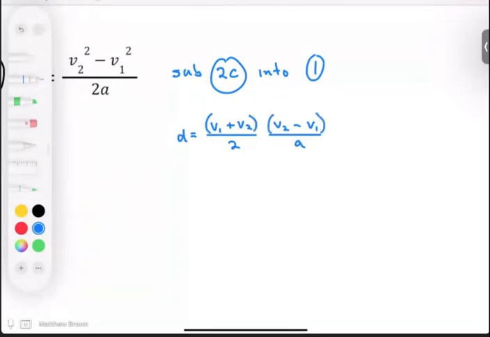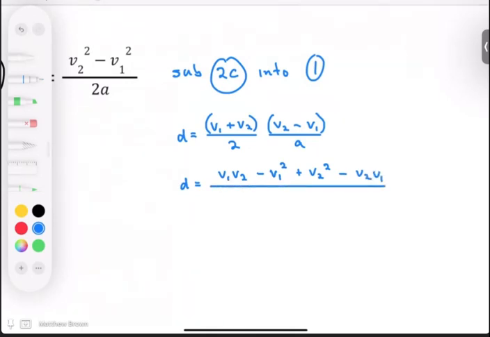You have to multiply the whole thing. So go back to grade 10 when you learned FOIL, and that just means you have to multiply everything by everything. So that means D on the top would be V2 minus V1 times V1, which is V1 squared, plus V2 squared, and then minus V2 V1